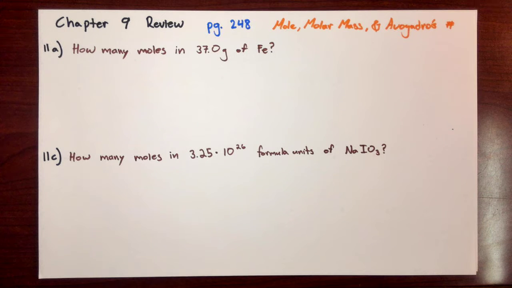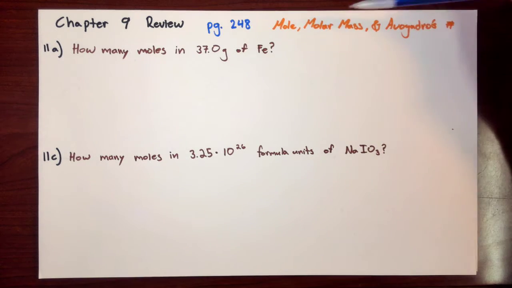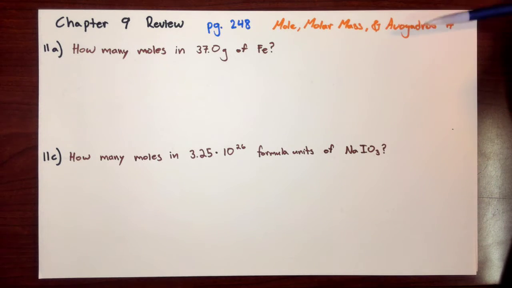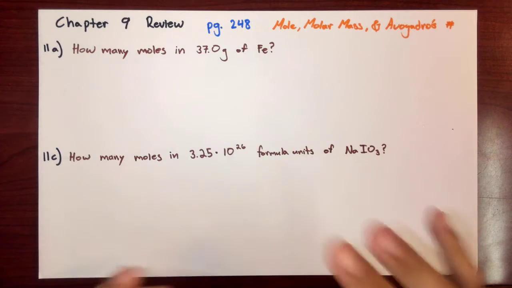Alright class, so we're going to start the Chapter 9 review. On page 248 we're going to work on numbers 11a and 11c. Now we are talking about moles, molar mass, and Avogadro's number. So we're going to be doing conversions between these three things, and we're going to use the values that we